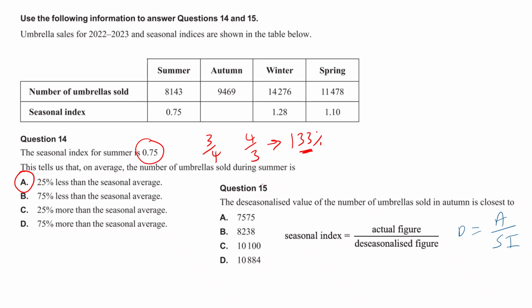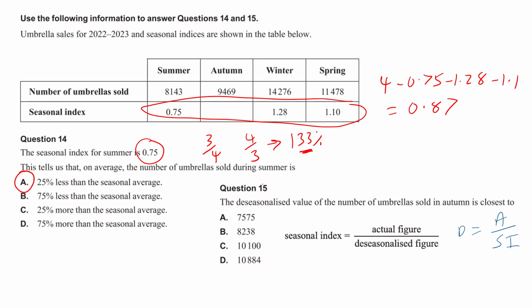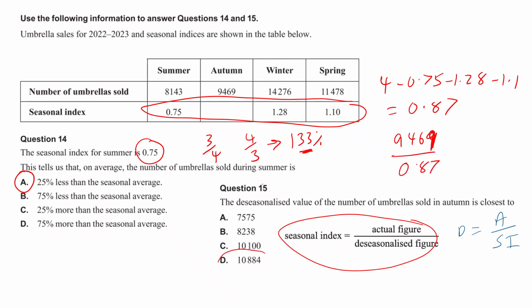You've got to do the whole calculation of 4, because the average is 1, so 1 times 4 is 4, minus 0.75 minus 1.28 minus 1.1. That's going to equal 0.87. We've got this formula here, but that's not in the correct form. We need to say deseasonalized actually equals the actual divided by SI. So if you take the 9469, and divide by 0.87, you'll get something very close to